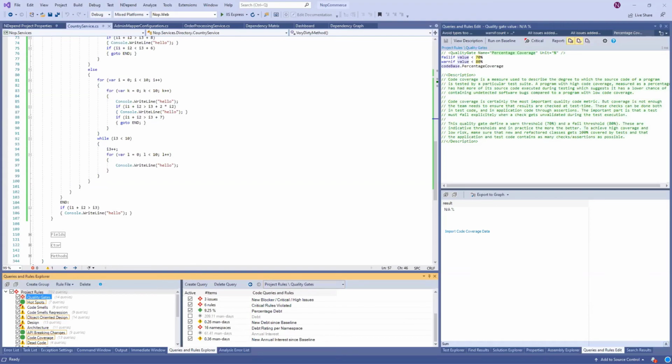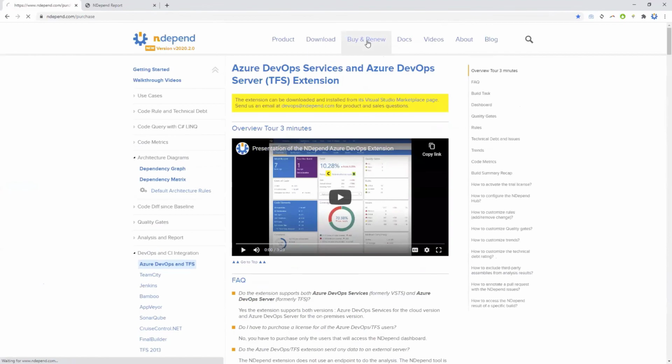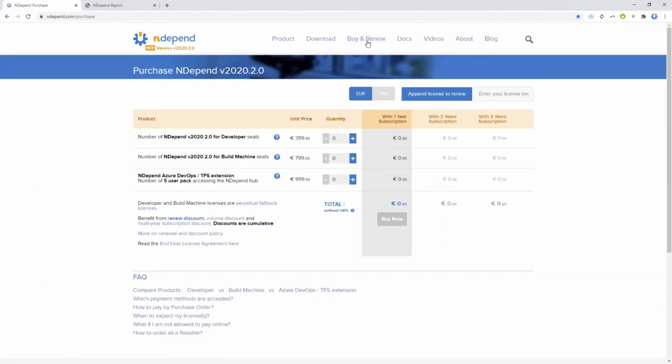And just to finish, if you ask, our pricing is public, so there is no surprise. The developer seats are per machine, and it's for the Visual Studio integration and the standalone Visual NDepend.